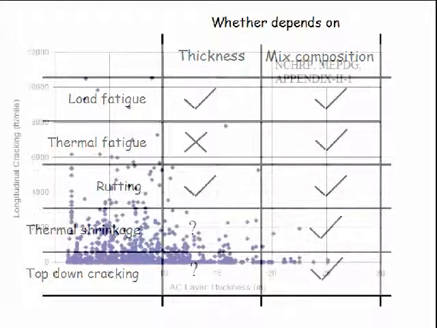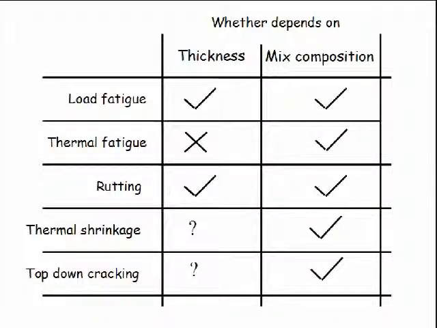For example, if you look into the NCHRP guideline, it will say that the thermal fatigue is related to the... no, this is top-down. Top-down is related to the thickness, and then this kind of graph is presented. You can see that there is more top-down cracking if the thickness is smaller. If the thickness is larger, then the top-down cracking is not so prevalent. So these are yet to be established or confirmed, whether they are related to thickness or not. But I will follow this approach so far, that fatigue and rutting are at least related to the thickness, and the others we do not know for sure.